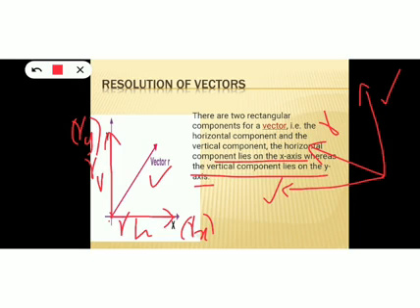Okay children, whatever be the direction and position of the vector r, we can resolve that vector into two mutually perpendicular components. That is most important. The two components must be mutually perpendicular to each other. Whenever you look at the components, the angle between these two components will always be 90 degrees. Okay, you must remember this concept. The two rectangular components of a vector must be mutually perpendicular to each other.